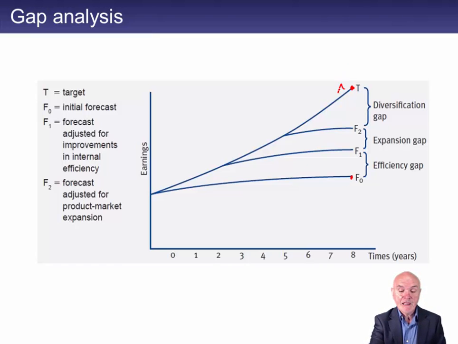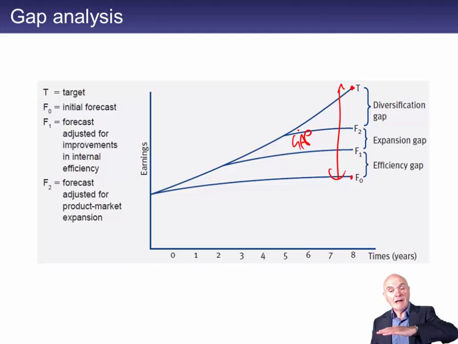If you want to keep your job, this is a target you must aim for up here. And of course, what we've got in here is the gap. And we have to think how we're going to close this gap. There are a number of different ways, really mirroring what was on the Ansoff matrix. You can have efficiency gains, cost savings, for example, market penetration and so on. Then there can be expansion gaps, new markets, new products. And then finally, there is a diversification gap where we're going to do something which is radically different. So gradually, by using a number of these different methods, we can maybe bring our profits up to what head office wants, or indeed what our